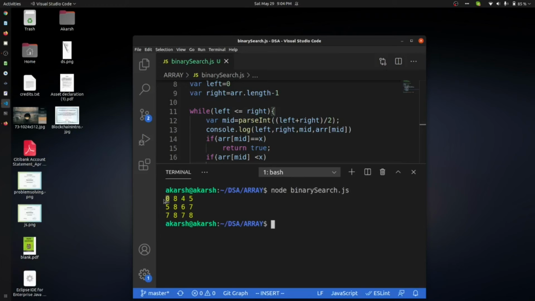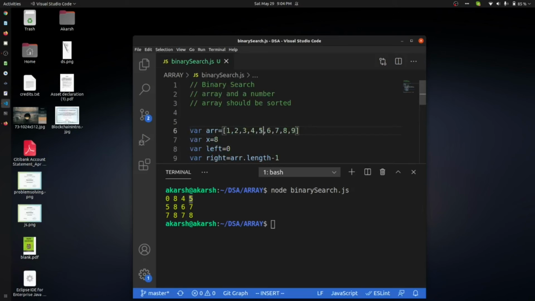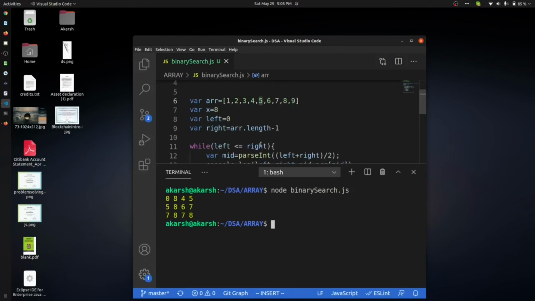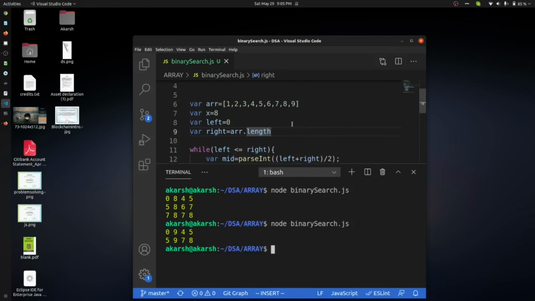Okay, so 0, 8, 4, because we got not. So element at 4 is 5. Yes. Now 5, 8. Okay, one sec. Okay, so I think this was the issue. This is the length.